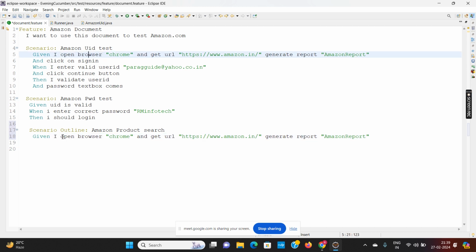Like here I'm changing the language. I say browse to Chrome and say open URL, generate report, say Amazon search.